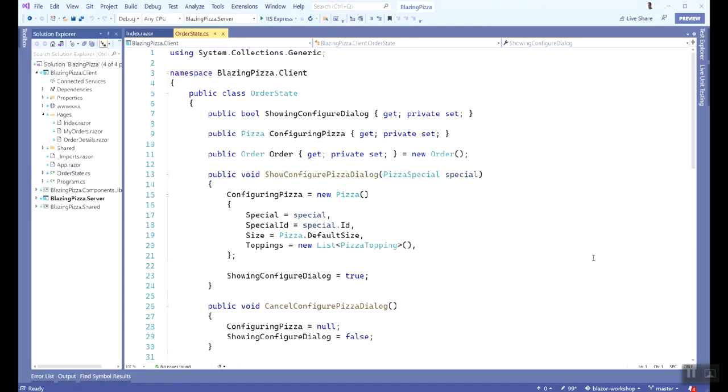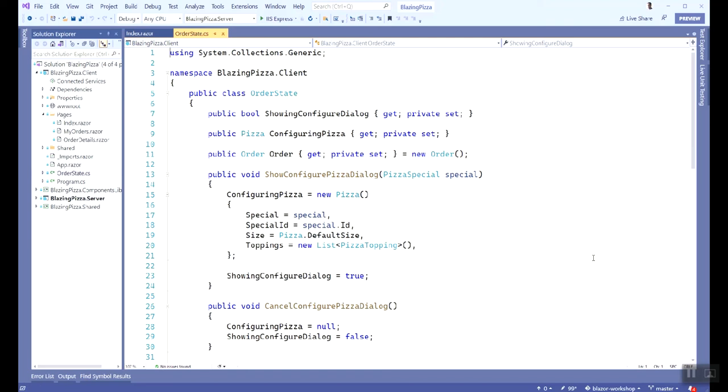We also have the pizza that we're currently configuring, so that if you click away from the configure dialog, we can return and it still remembers the toppings and items that you wanted to customize for your pizza. Okay, this is fine, and it's got a couple methods there, so it remembers the interactions with the page. But,